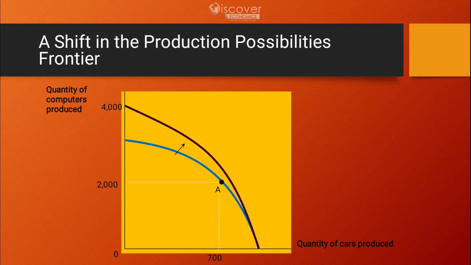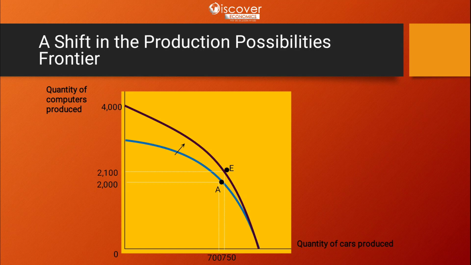But what happened is that we have become more efficient in the production of computers. So our possibility curve will shift outward where the production of computers is, but it will stay in the same position where cars are being produced. This means the efficiency to produce more cars did not change, but the efficiency to produce more computers has changed. This is why we are having a shift in the curve on that side.